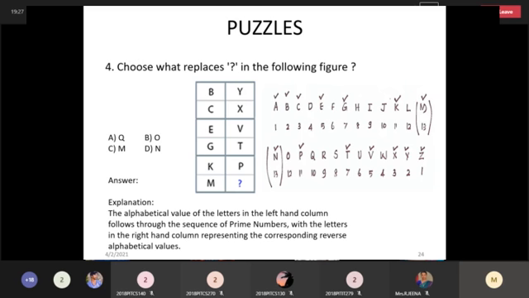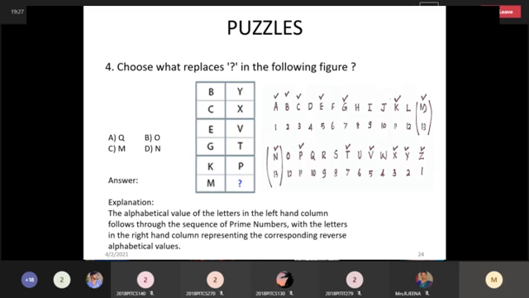So N comes as the number 13, a prime number, in the sequence of prime numbers with the letters in the right hand column representing the corresponding reverse alphabetical values. So from Z to N and then A to M. So A to M, we have the numbers B2 and then C3, E5, G7, and then K11, and then M13. The same like the letters in the right hand column representing the corresponding reverse alphabetical values, we have